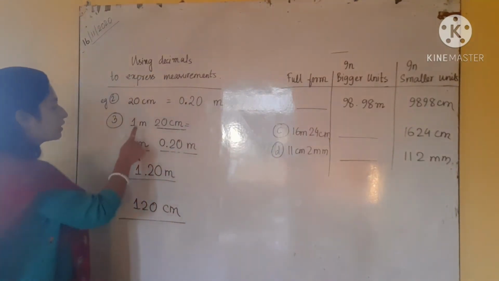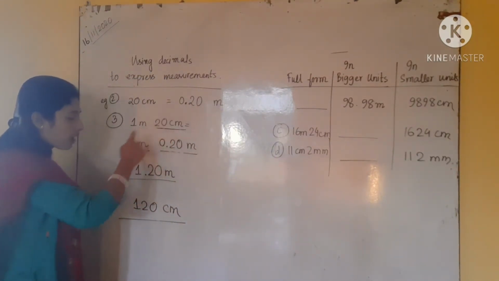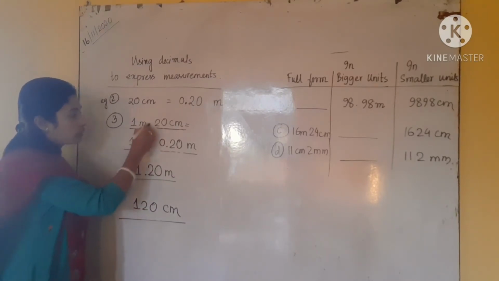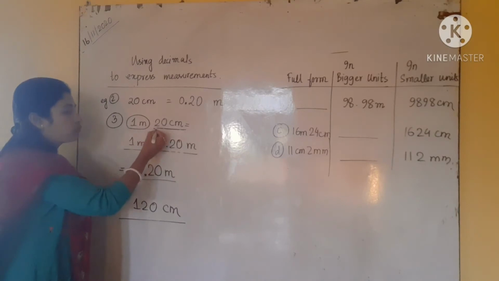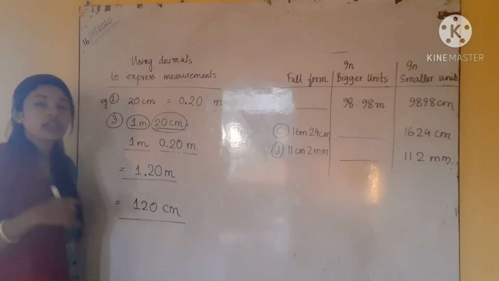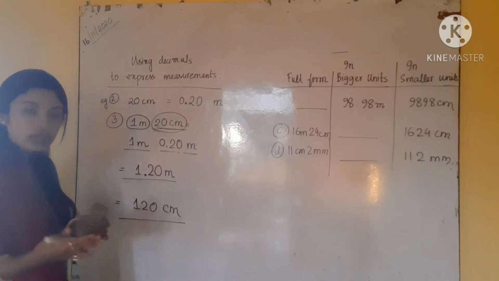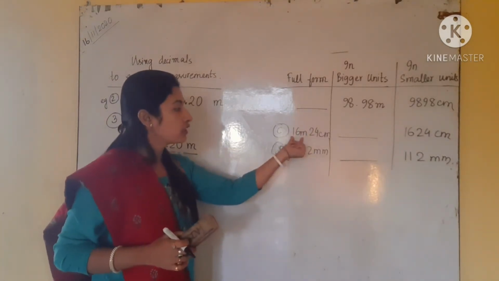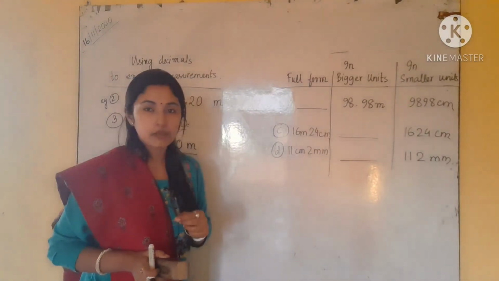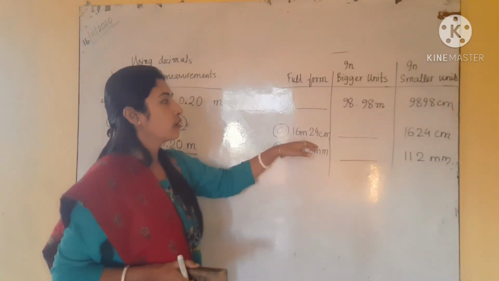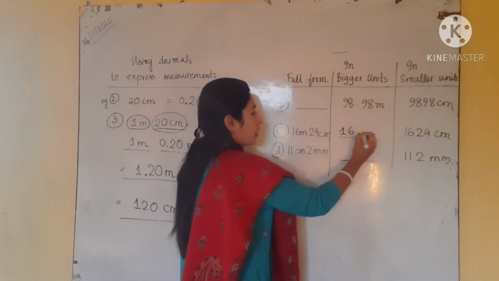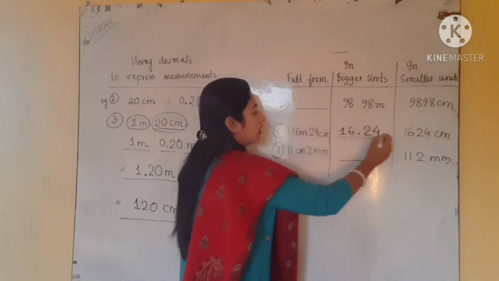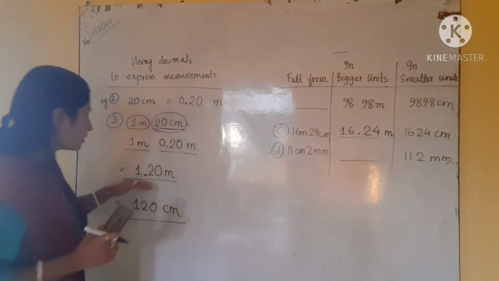You have to separate the meter part and the centimeter part using a decimal. See, this was our meter part. So we have to write the whole number before the decimal, and after the decimal point we have to write the centimeter part. This is the easiest way of remembering. If there is any number which is given in meter and centimeter, just put the decimal in between to show that number in the bigger unit. So in the bigger unit we can write 16.24 and it will be in meter. See here, this was also in meter.